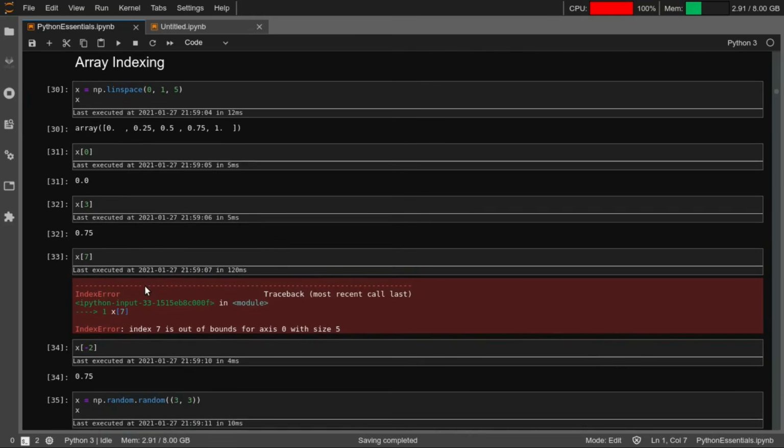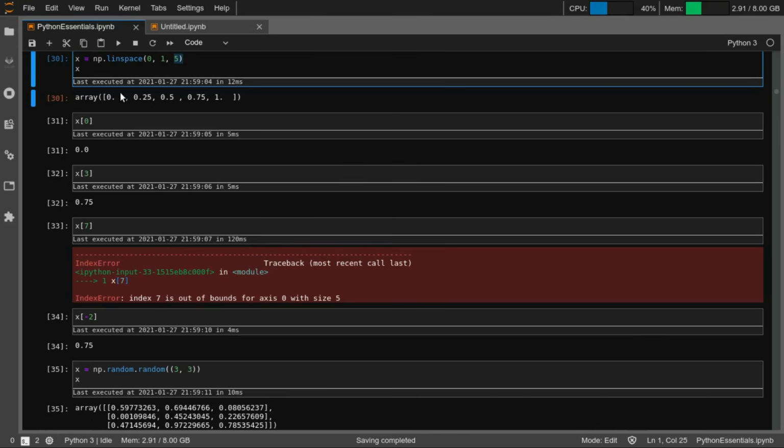Next thing is something that we have seen earlier in one of the codes, but array indexing is useful for understanding how you can access the whole array or a subset of an array, and so forth. Slices of an array. So array indexing is quite useful in that sense. So np.linspace, as I said, will create 5 elements from 0 to 1 which are linearly spaced, equally spaced.